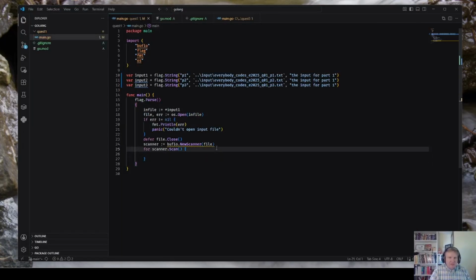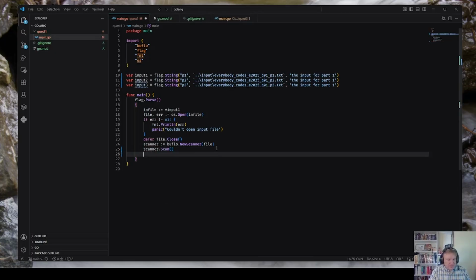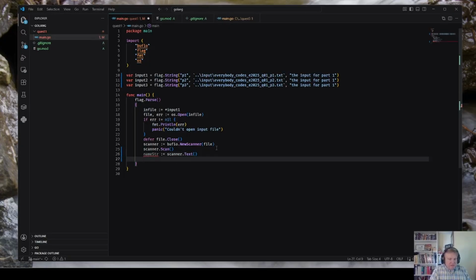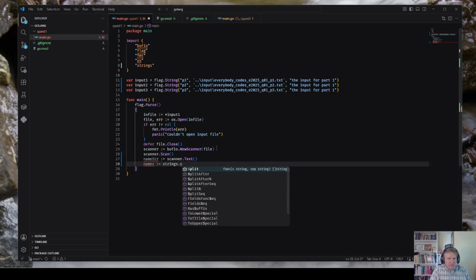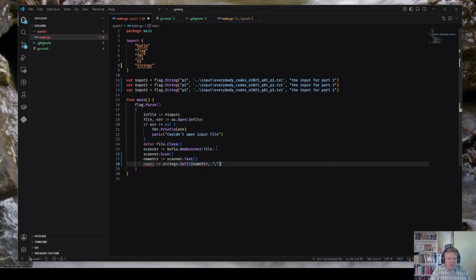Okay. Scanner.Scan. Name string is scanner.Text. Names is strings.Split name string, comma.